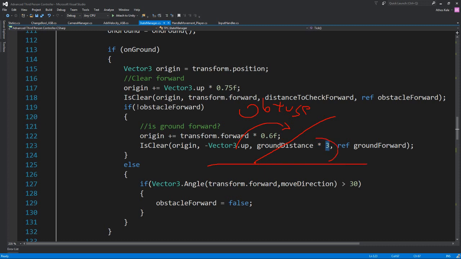If it's lower than 90 degrees it is an acute angle. Okay, and we need to have ground distance higher than, basically we need to see if there's ground forward higher than the distance we normally check if there is ground,